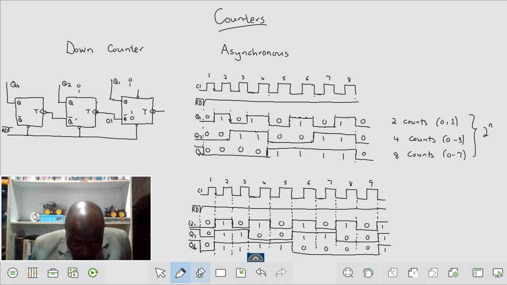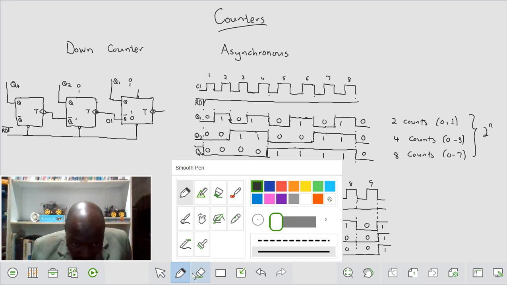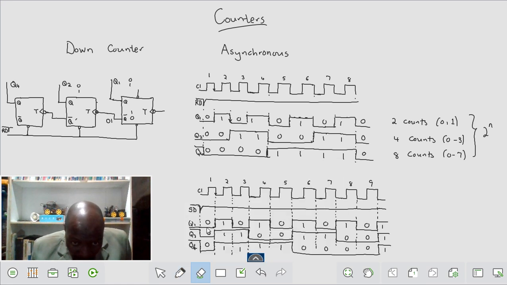So what we then do, we actually say, okay, probably we shouldn't have reset here, but instead we should have set. So when you're dealing with the down counter, we focus on the set data, and it's no longer true to say it will start with this count, but it will start with the maximum count. So what we then do is just move